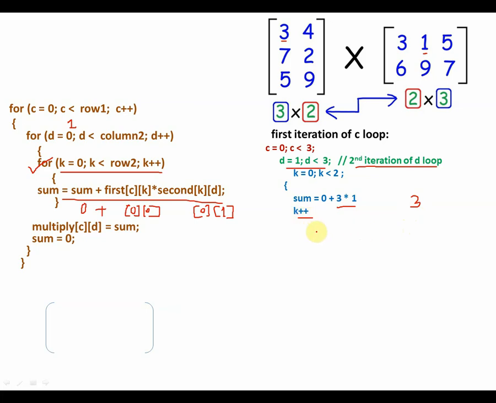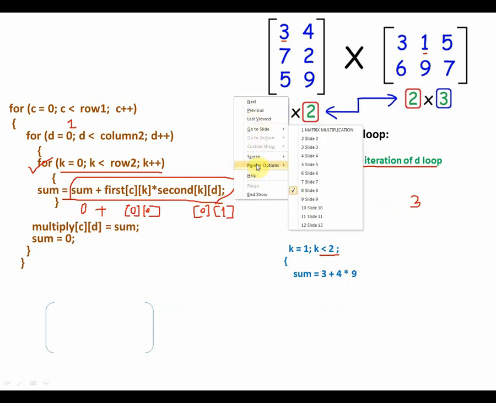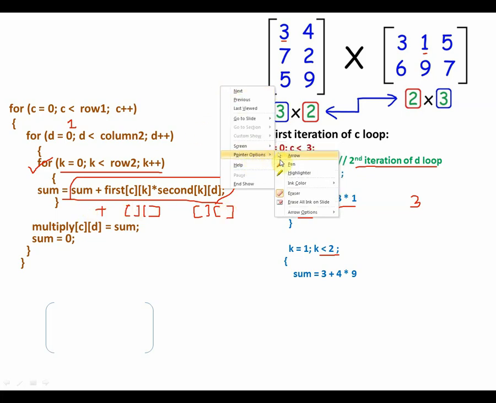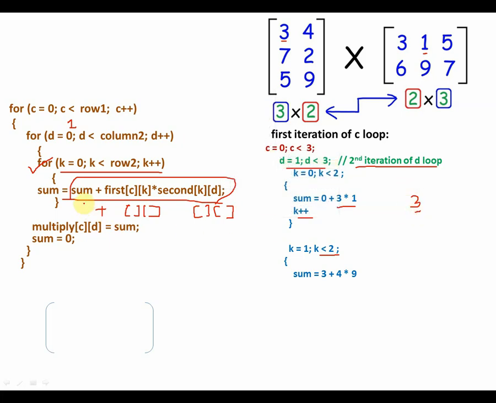Next you have to increment K. So K will be now no more 0, K will be 1. Let's go ahead. Now again you have to check, is 1 less than 2? Yes, 1 is less than 2. So you perform what is inside the K for loop, this full line with new values of K. Let us just check what are the new values. I'll just wipe out these previous values. Sum is also not 0, sum is having now some new value. Sum has this old value which is 3, previous value I would say.